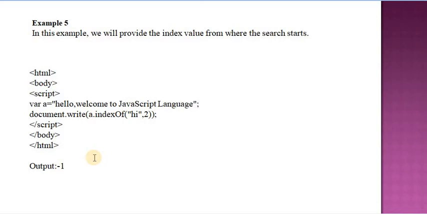It returns -1 because it is not present in the given string. If the element is not present in a string, at that time it returns -1, so high is not present in this string, so it returns -1.